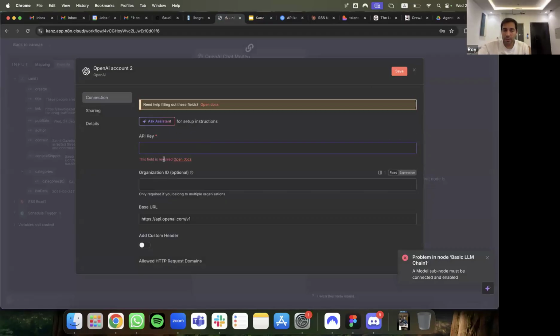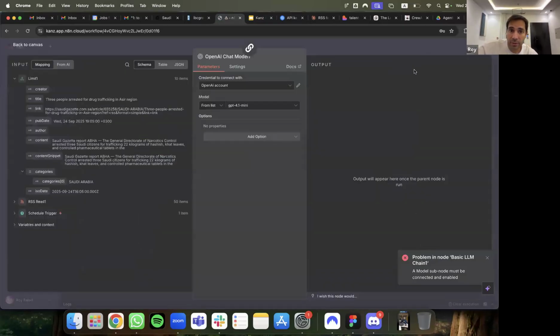Okay, so now I'm assuming that some of us have the API key connected. Can I please get a yes if you are able to have an OpenAI account connected?